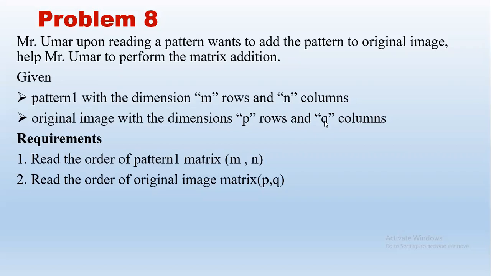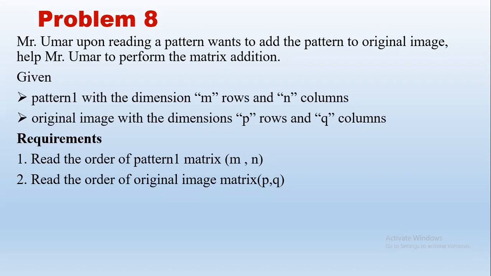In case m is not equal to p or n is not equal to q, we cannot add. So say we have 2 rows and in the second matrix, if we have 3 rows, we cannot add. The third row in the second matrix is left out. So that is the reason number of rows should be equal in both and number of columns should be equal. So that is the first condition we will check before we take input. So if they are not equal, no need to take inputs. We can simply give a message that matrix addition is not possible, and stop this.